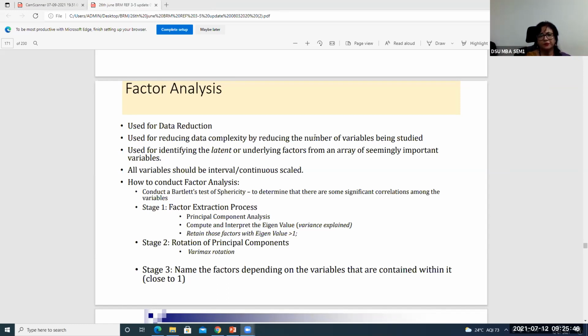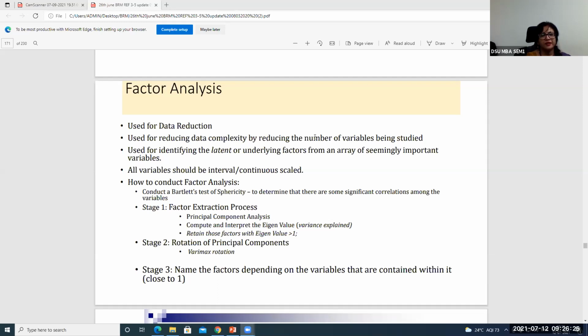So how is it different from the previous two analytical techniques? Discriminant analysis had a discriminant score. You use it to categorize respondents or objects into 2 or more categories, right? Using a discriminant function. What was logistic regression using? It was trying to use certain, again, independent variables, which were interval or ratio scaled, and you would try to categorize the people based on these characteristics into 2 groups, users or non-users, buyers or not buyers, choosing something or not choosing something, effective people or not effective people, like that.